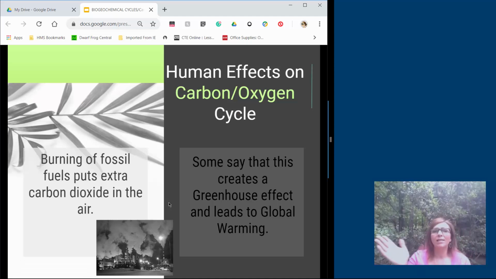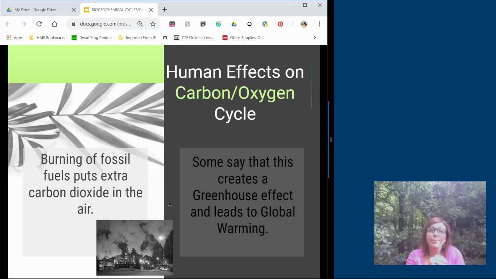All right, and lastly, we talked about that combustion, the burning of fossil fuels, and the reason why that's gotten so bad is because there is a layer of carbon dioxide around the Earth, which is good, and the reason for that is because when the sun shines in, it bounces back off, and that heat energy hits that layer of carbon dioxide, and it keeps the heat in. Because if it didn't, we would be freezing cold all the time, so it's kind of like a blanket